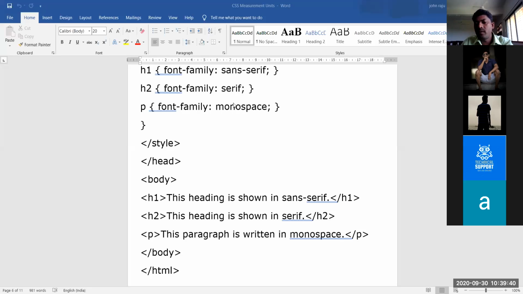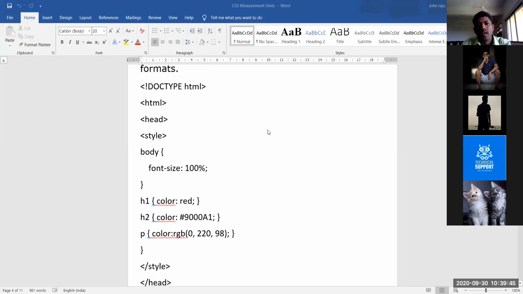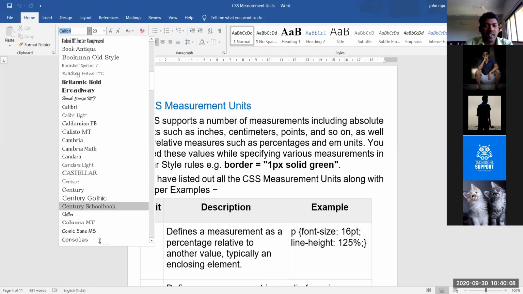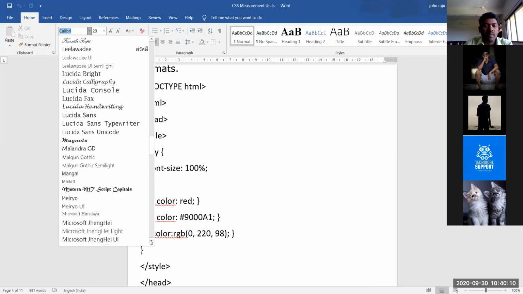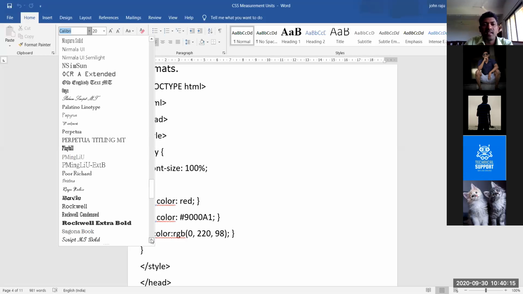Yes, this window is visible to you. Now we will see font family. Most people know MS Office: MS Word, MS Excel, MS PowerPoint. In the Home tab, see this one, Calibri is there. If we click on this, the font family list appears. These are all font families. N number of them are there, in different languages, maybe more than 100 families here.